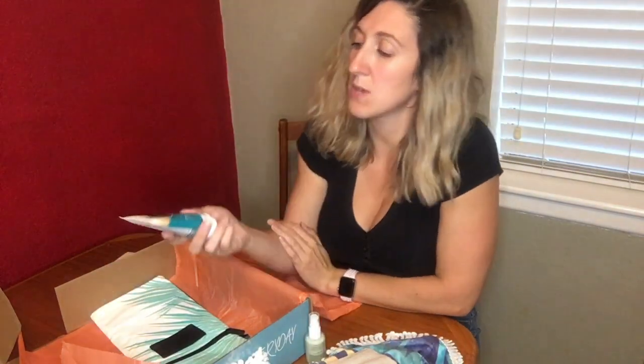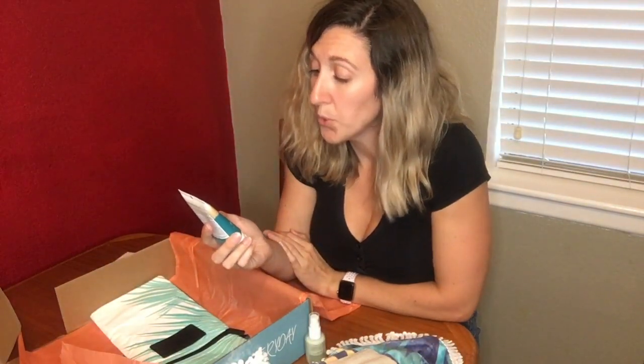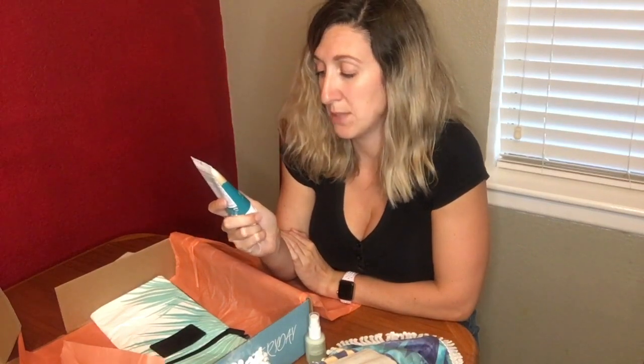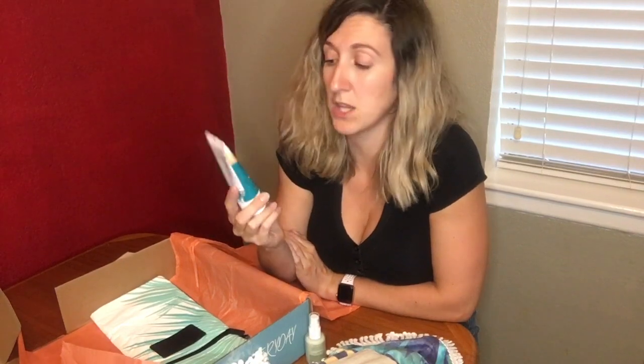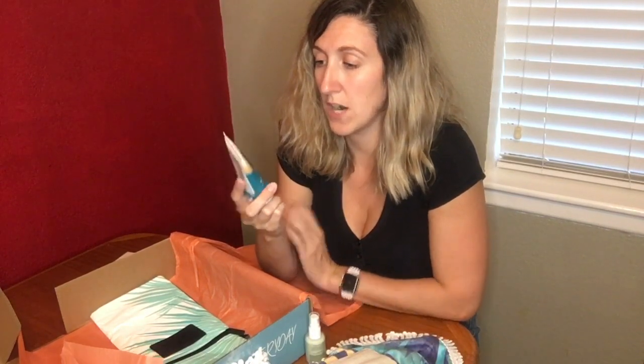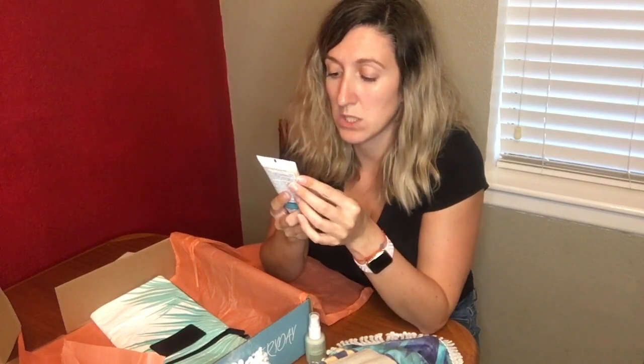Okay, and next we have All Good Tinted Sunscreen, SPF 30. It's a zinc formula, non-greasy, water and sweat resistant for 80 minutes. This is really nice. This would be really good to use on your face because sometimes you want to